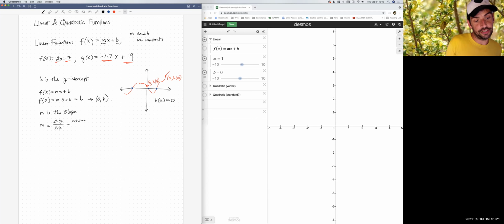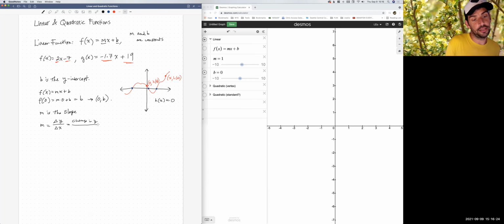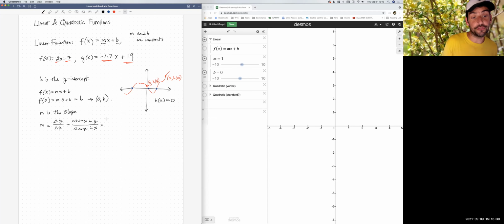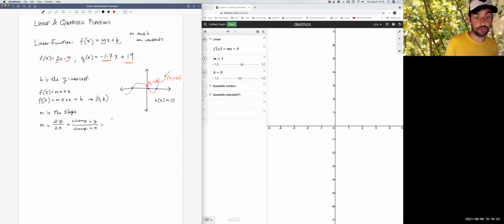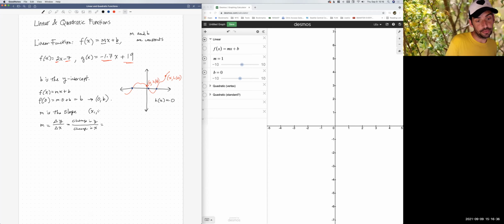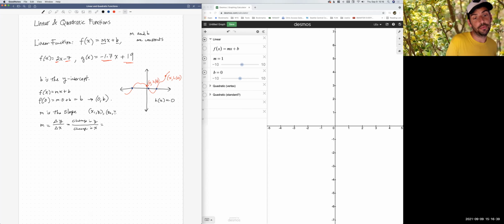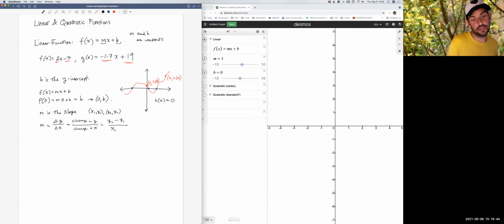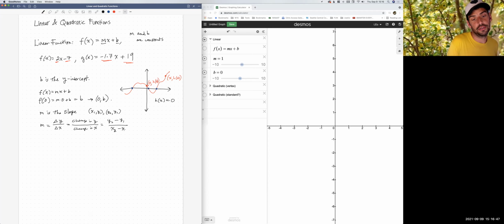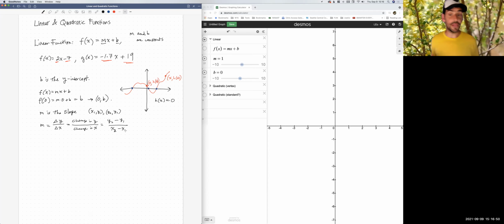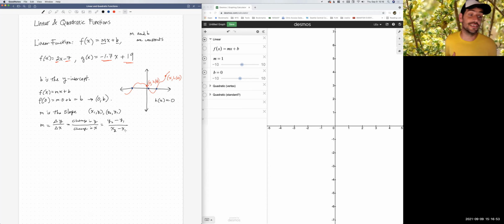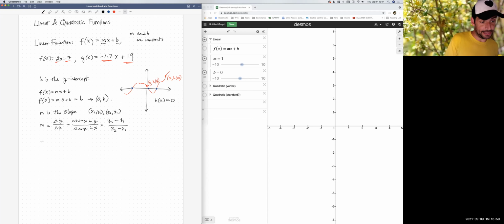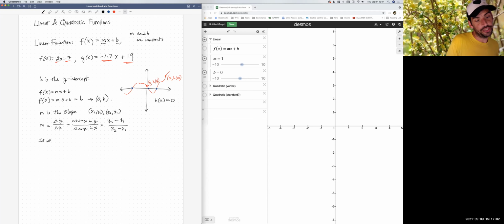This means the change in y over the change in x, right? Which means if we have a graph that goes through 2 points, like x1, y1, and x2, y2, we take the difference in the y coordinates over the difference in the x coordinates, okay? And it gives us a number, it's a ratio that tells us how the y value changes as the x value changes. More specifically, if we change,